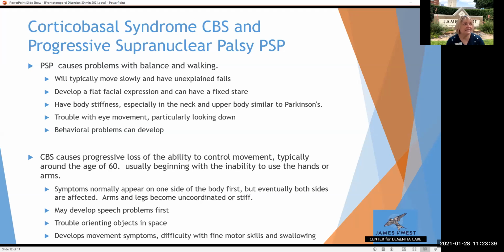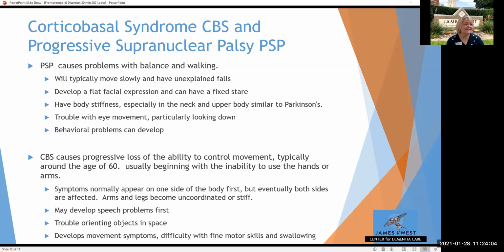PSP presents normally with problems with balance and walking, and behavior problems can develop. One of the things that stands out with this type of frontotemporal disorder is trouble with eye movement, particularly being able to look down, and it's like their eyes will freeze in different positions. And then CBS, the corticobasal syndrome,